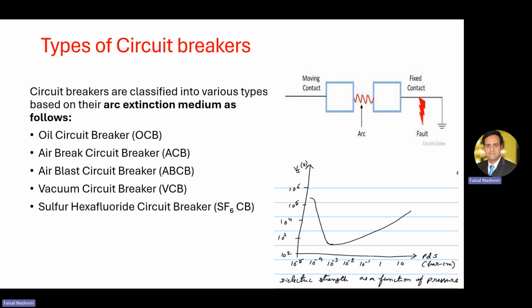There are different mediums that are used to quench or extinguish this arc. So what should be the properties of those mediums? This arc produces a huge amount of heat, and that heat may damage the circuit breaker contacts, for example, the moving or fixed contacts. Furthermore,